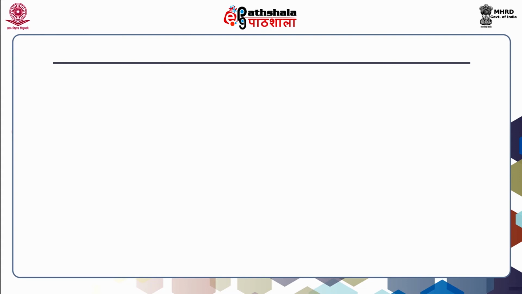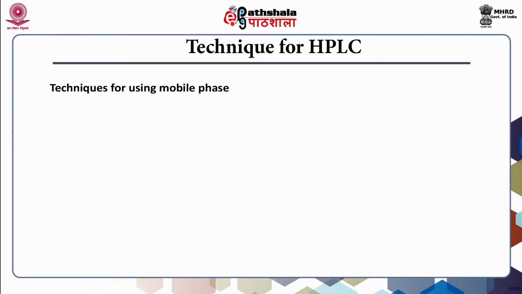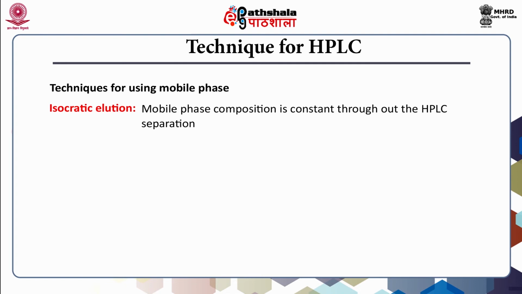Once we have selected the mobile phase, there are different techniques for HPLC. So, what are those different techniques? Basically, the techniques based upon the mobile phase are of two kinds. The first technique is isocratic elution. Isocratic elution means the mobile phase composition is constant throughout the HPLC separation. That means the composition will not change. We will use one particular solution continuously throughout the HPLC